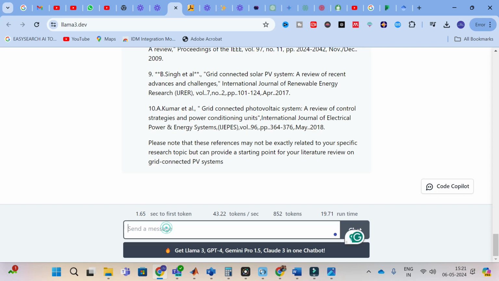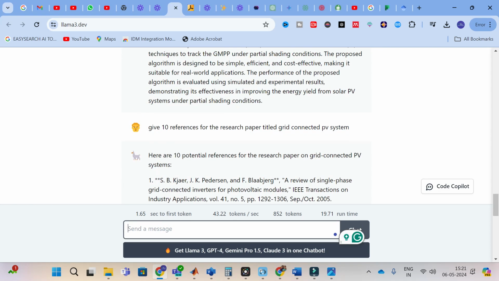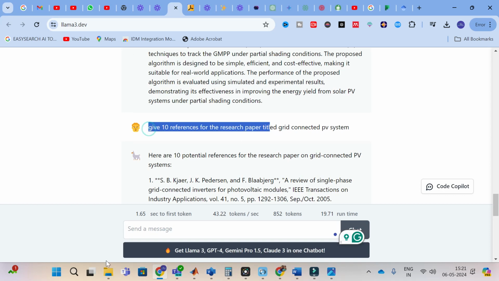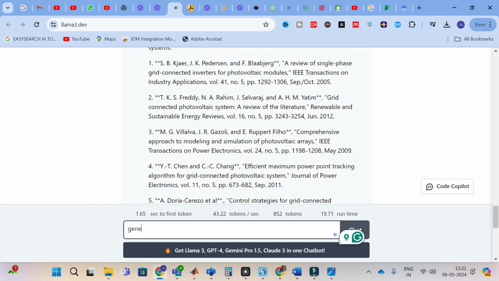Next I am going to generate an outline. Here I am going to give: generate an outline for the thesis titled grid connected PV system.